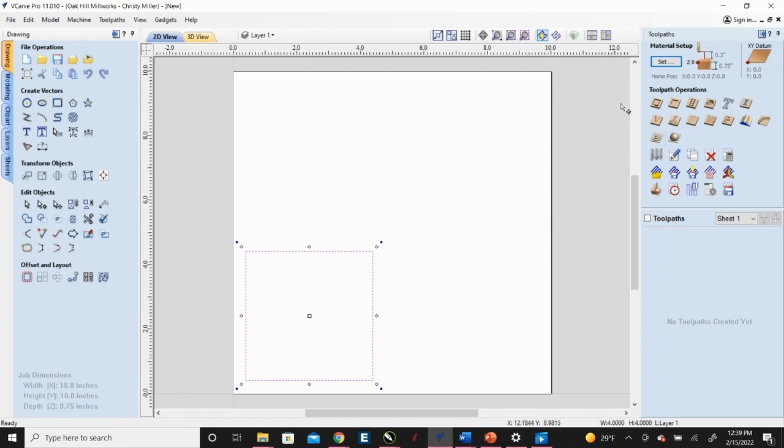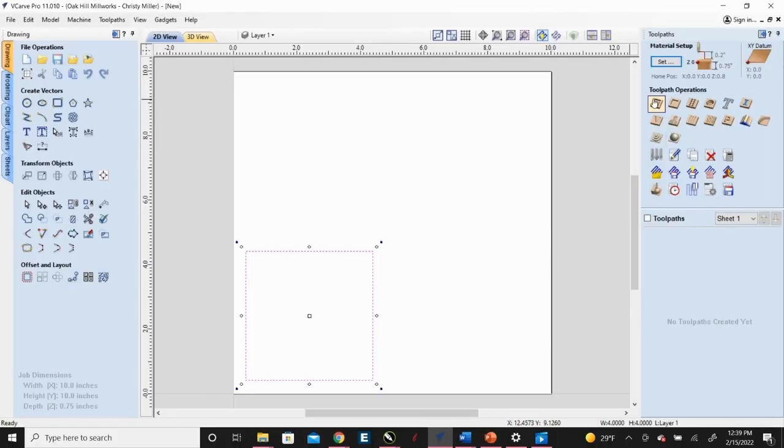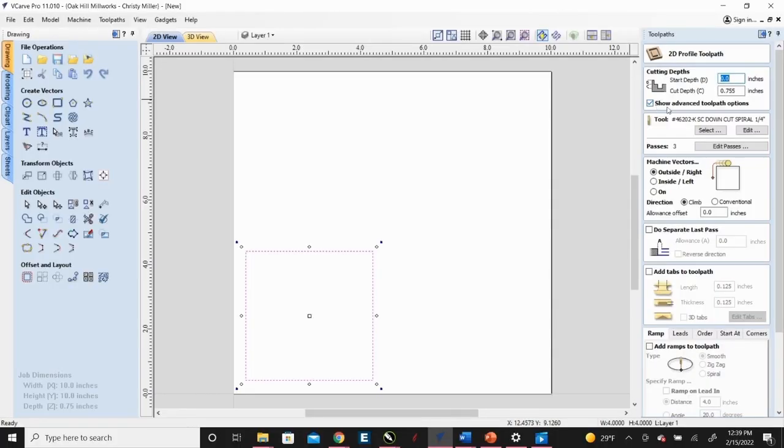Basic profile cut is this button right here. It can be used for cutting parts out, or like what we're gonna do today, cut a square out, or it can still just be used for carving too. So it's a very versatile tool. So click on that profile toolpath,